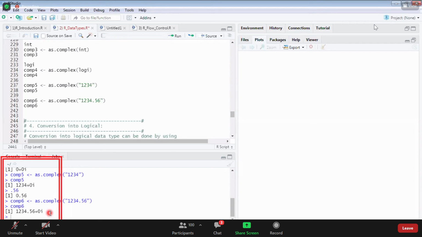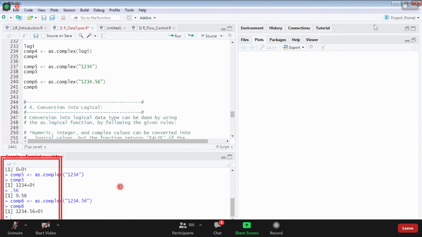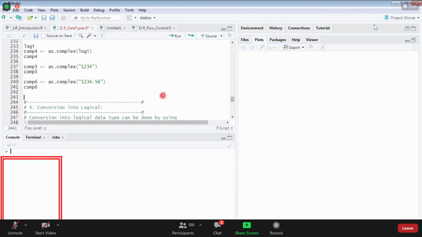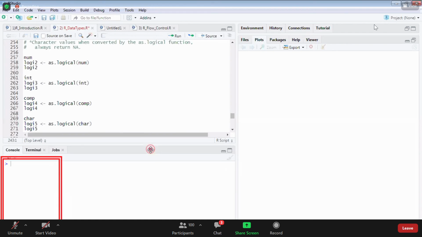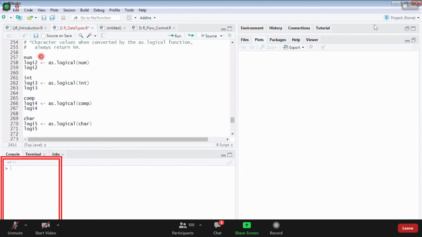Now tell about the logical. What will happen to logical? If it's 0, false. Other than 0 is true. Very good. Only 0 is false. Other than 0, whatever it may be, is true. Number is 1, true.